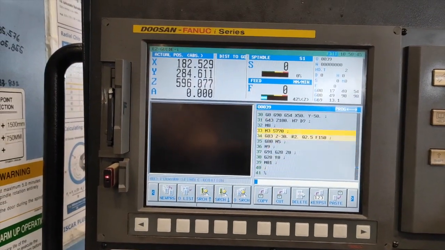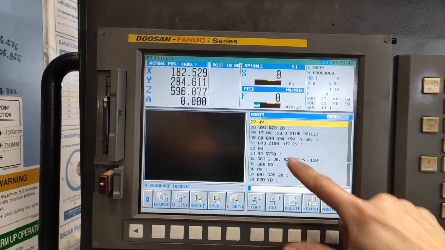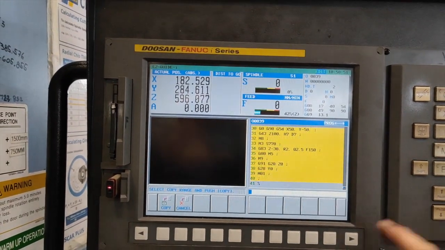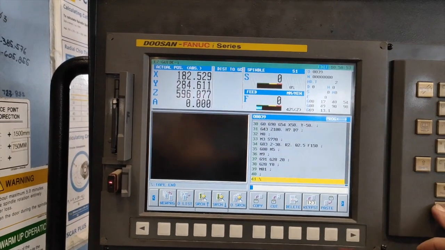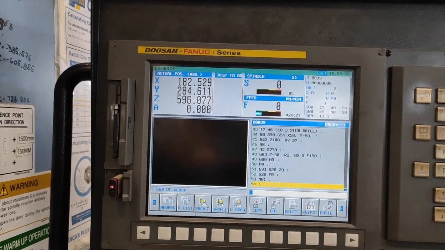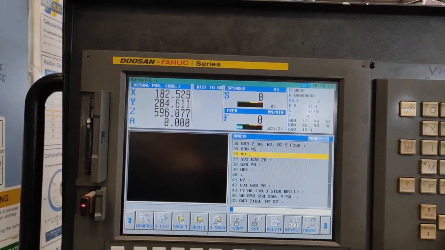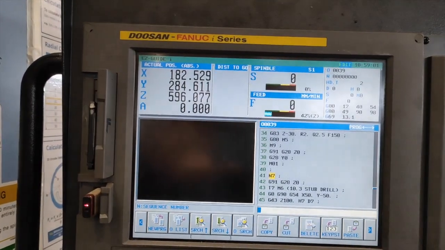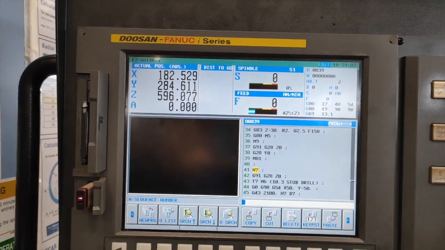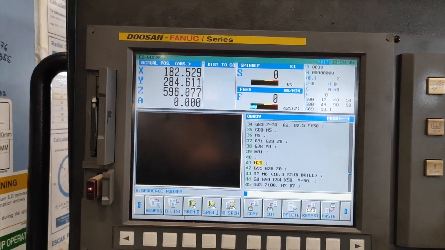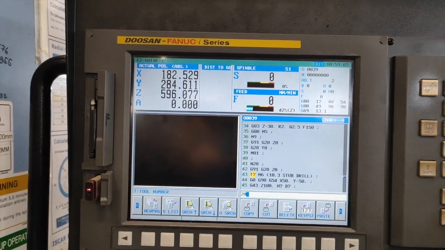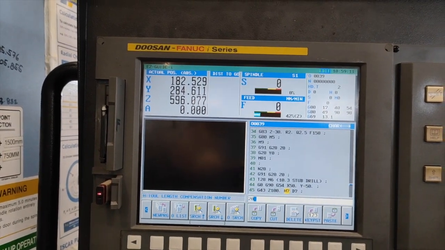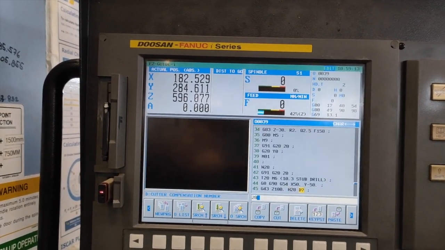Again, I will just copy my drilling program for my tapping. Copy, and then paste it at the bottom. And I will change the N number and the tool number. Make this one N28, tool 28, H28, and also my D is 28,